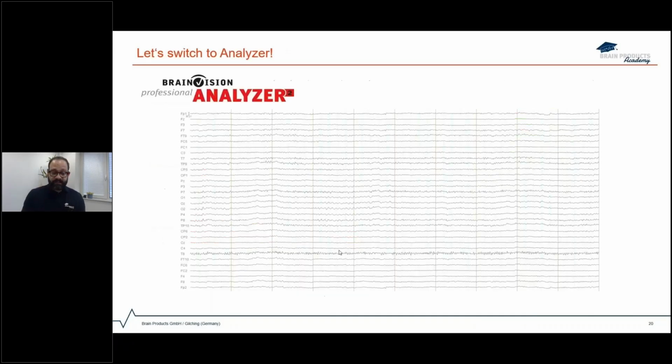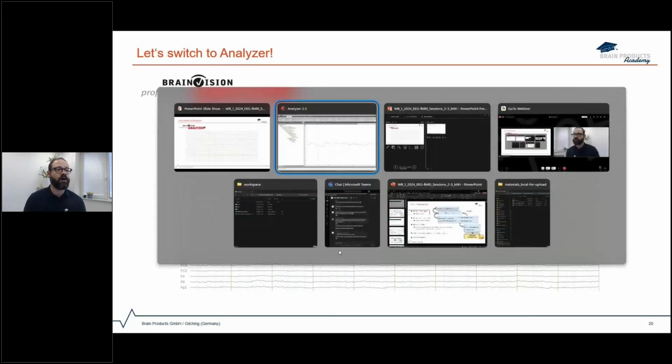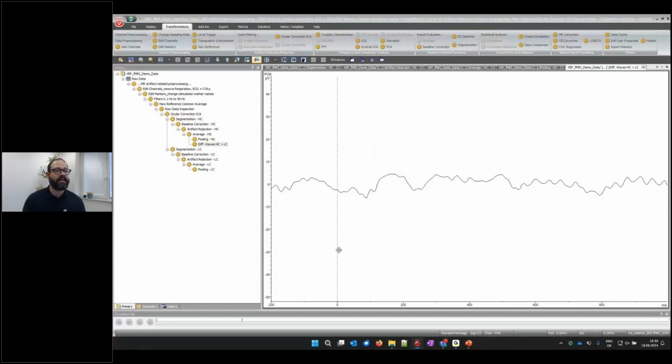Okay, let's now go back to Analyzer and now actually do this. So I will do a demonstration of how to apply this. And as I said before, I'm going to use the difference wave that we have here. And I'm actually now starting from the side of integrating the fMRI information directly with LORETA. And then later on, I'm also going to use the other pathway that I mentioned, and then we compare the two. So the first thing I will do is I go up here to LORETA in the special signal processing